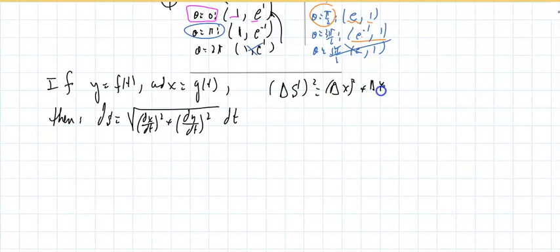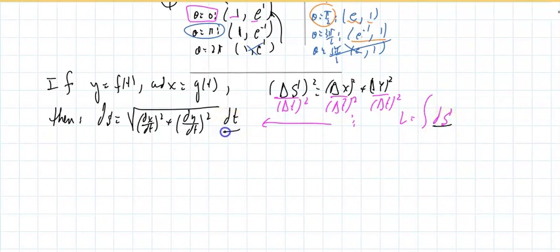I could derive it here, but if I divide by dt squared and do the work, I will end up with this. L equals the integral of ds, where ds in this case, it's not two cases, it's a single case. It always depends on t. And add to that, if I want to find the surface